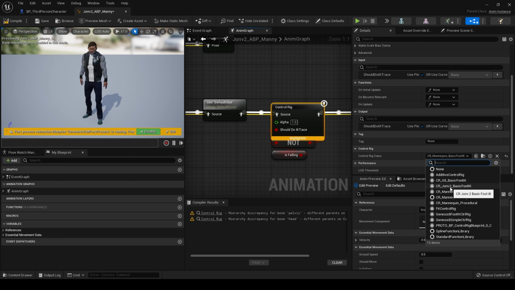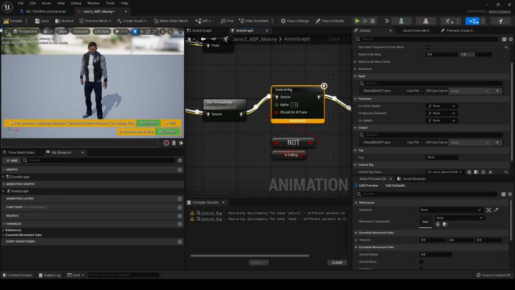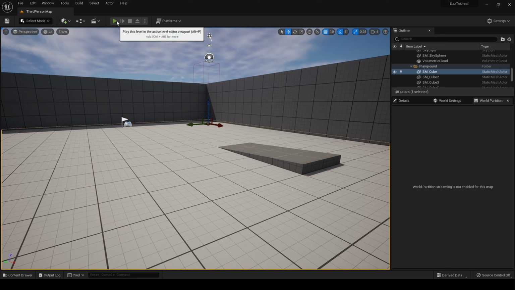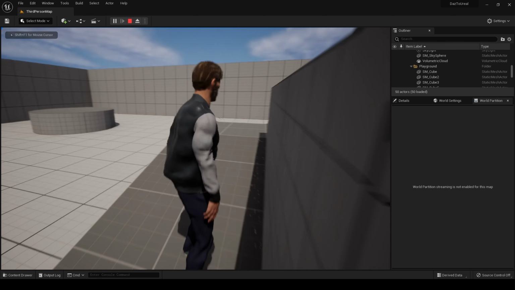So, modified earlier on in the tutorial. CR John version 2 basic foot IK. And hit compile. And now all the warnings should be gone and it should compile fine. We can now close all these, hit play, and here is John. And when John goes on the ramp,